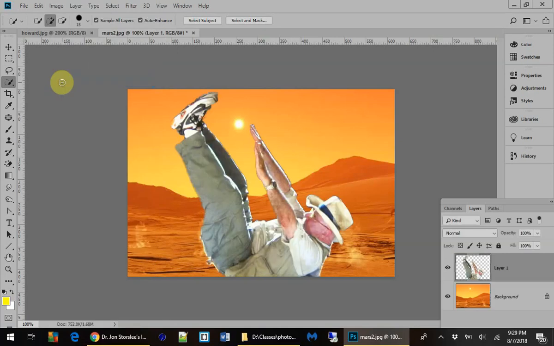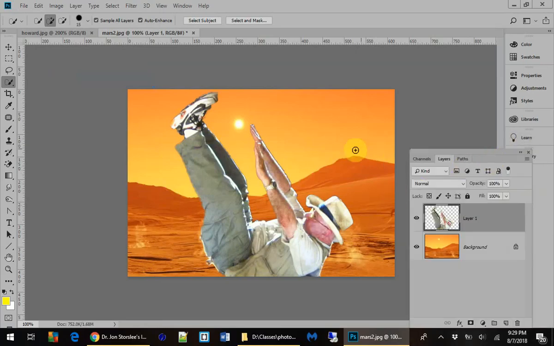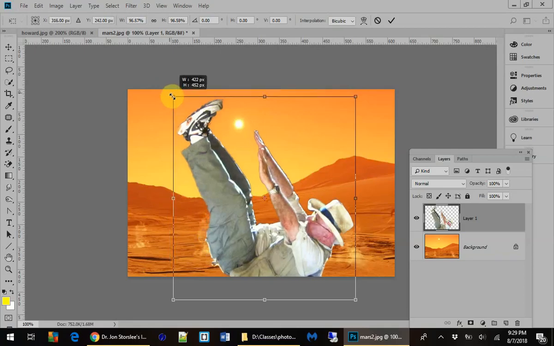And then I don't have to live with him sitting on there. I can make him a little bit smaller if I wanted to, or I can make this bigger too. So I'm going to take Howard and rotate him just slightly. I'm going to go Edit, Free Transform, or Control T. And I'm going to come up here. I could click this selection box to make him a little bit smaller. If I wanted to keep him proportional, I'm going to hold down my Shift key and drag it at the corner